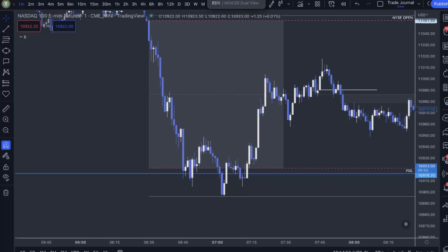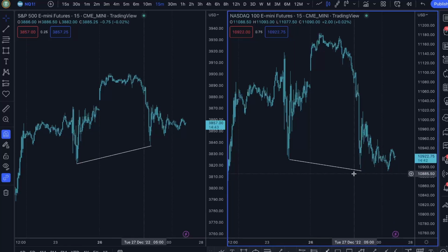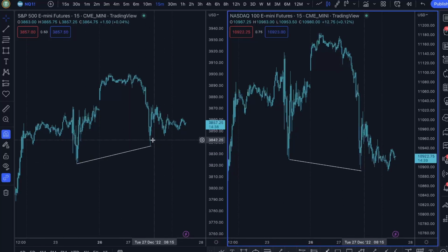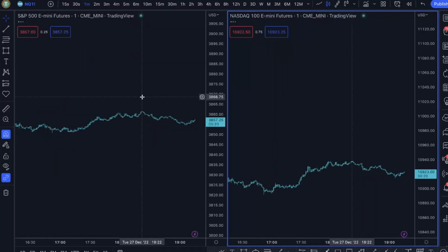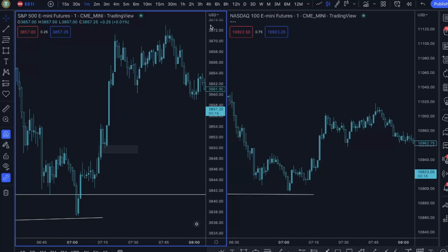So in this case, I will show you, you can see NASDAQ on the right, which took out Friday's low, while S&P didn't even come close to Friday's low. At least the S&P had an internal low here that got swept. But you can see quite clearly just from this chart that the S&P is the stronger of the two. And so since they both were showing the same exact setup, if I look at the 1 minute, I would